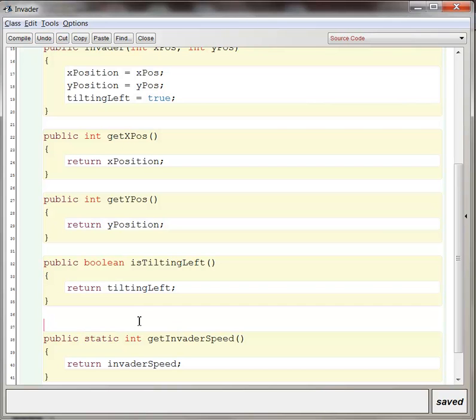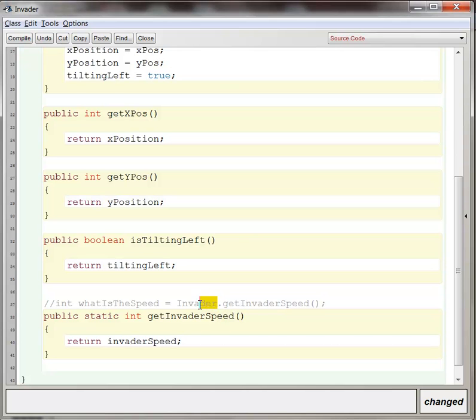object. So for example, if I wanted to execute this, let's say I'm outside the invader class. In order to find out what the speed is, I'd have to ask the entire class. So I say Invader.getInvaderSpeed. Since I've defined getInvaderSpeed as a static method, when I execute it from outside the class, I have to execute it on the entire class, not on a particular